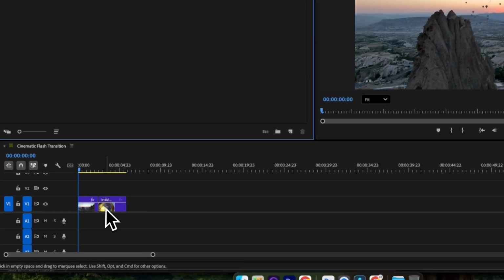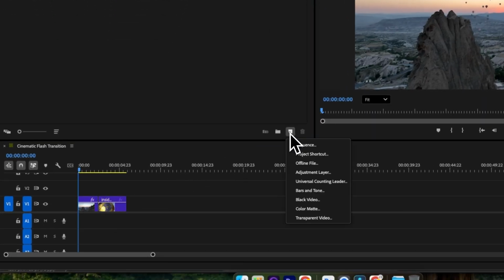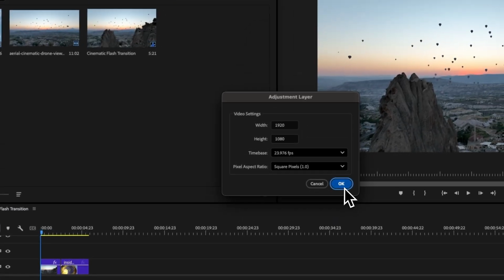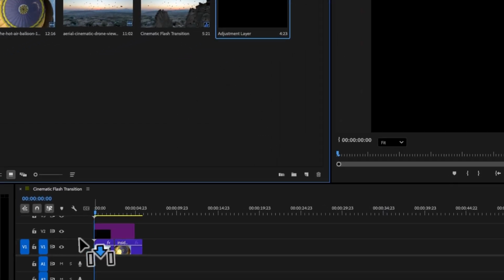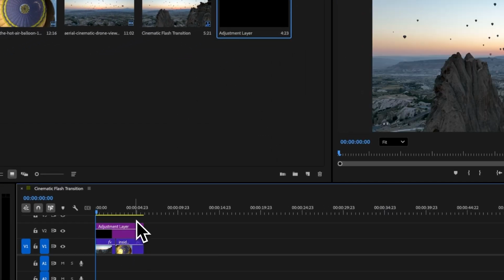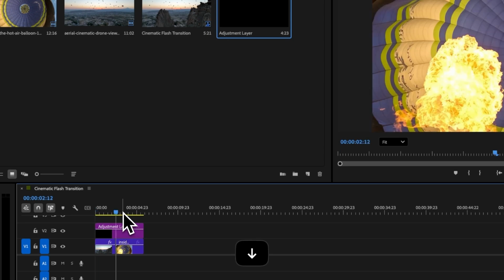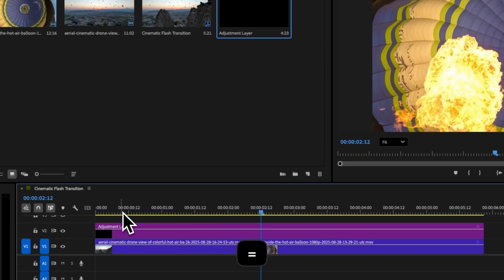Position your clips side by side on the timeline, then come up to New, choose Adjustment Layer, choose OK. Click and drag the adjustment layer above your two clips. Press the down arrow key to position the playhead in the middle of the two clips, then press Shift left